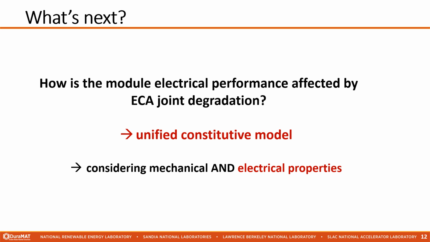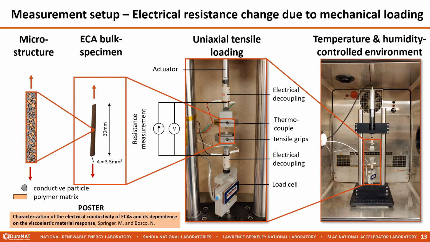We've discussed the mechanical and fracture behavior of ECA joints. However, this does not answer the question of how the electrical performance of a PV module is affected. To answer this question, we need a unified constitutive model that considers both mechanical and electrical properties. In order to measure the electrical conductivity in dependence on the mechanical loading of the ECA, we had to establish